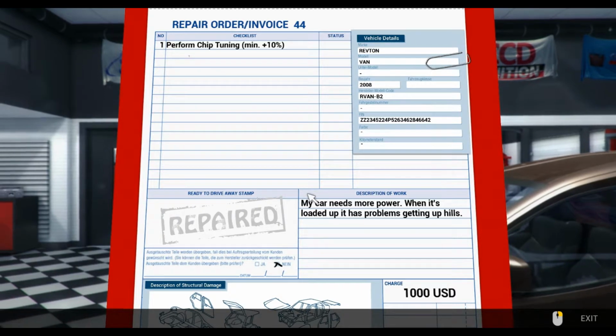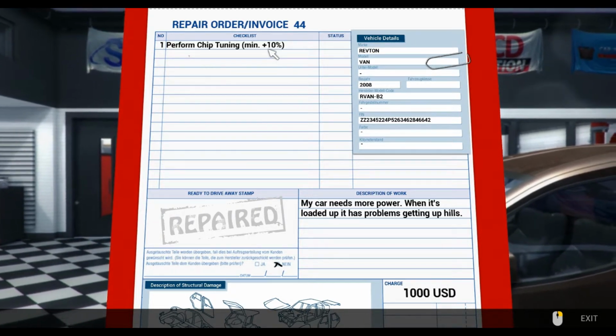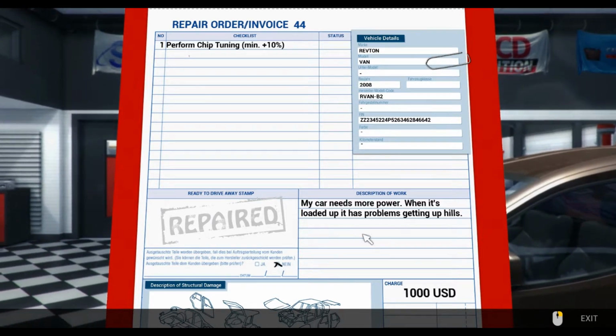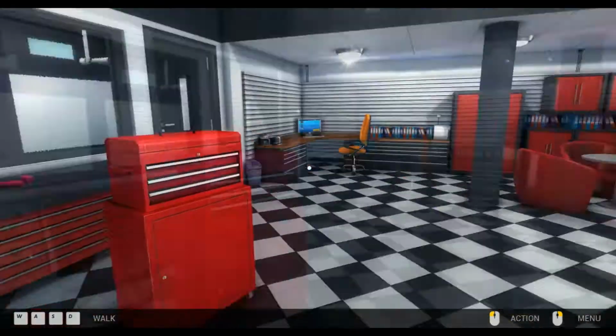Ooh! Look at that! We're in a new garage! Perform chip tuning, minimum plus 10%. My car needs more power. When it's loaded up, it has problems getting up hills. Alright. So now we're supposed to perform a chip...